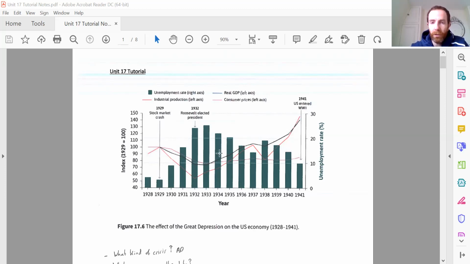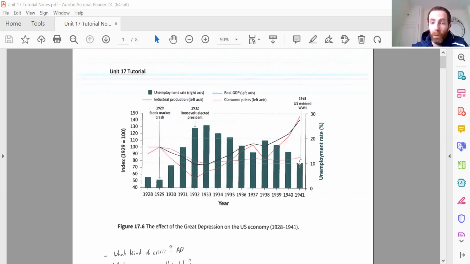So just looking at some data, we see that the beginning of the Great Depression is in 1929 when there is this big stock market crash. And the first really clear effect of this is we see over the next few years, unemployment drastically increasing, right? The unemployment rate is really shooting up. And it does come back down over time, but really doesn't fall back down to a relatively low level until